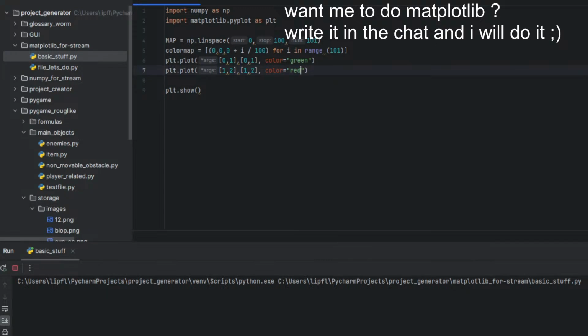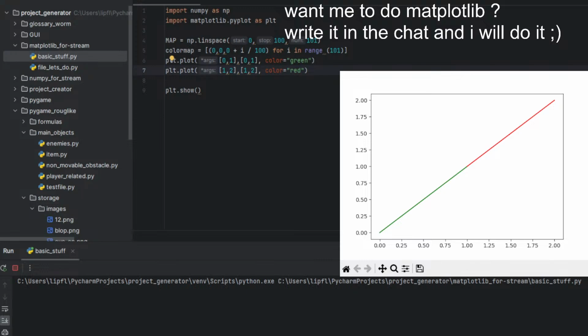Let's do it again. Perfect. Now, two different colors in one graph. Okay. What else?